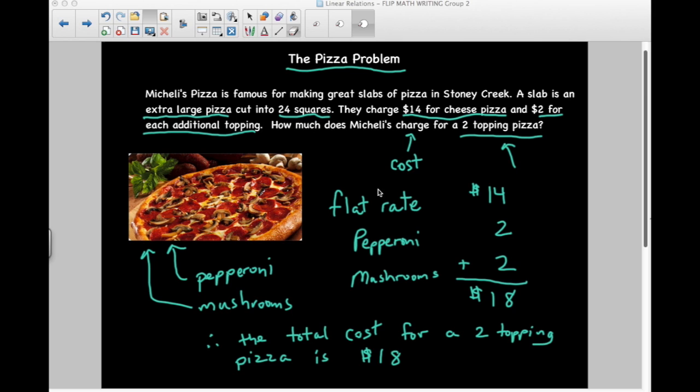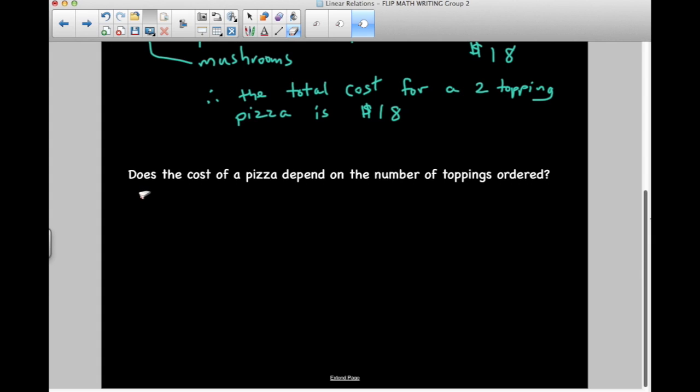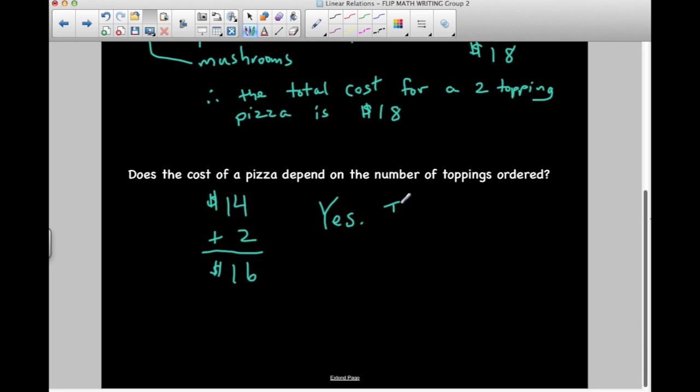Before we finish and continue with different versions of this problem, I'd like to come back to our original question that we posed for this investigation. Does the cost of a pizza depend on the number of toppings ordered? So notice that the cost of one pizza with 0 toppings is $14. But as I add each topping, the cost changes. So since the cost changes depending on the number of toppings ordered, our answer to the question is yes. The cost depends on the number of toppings ordered,